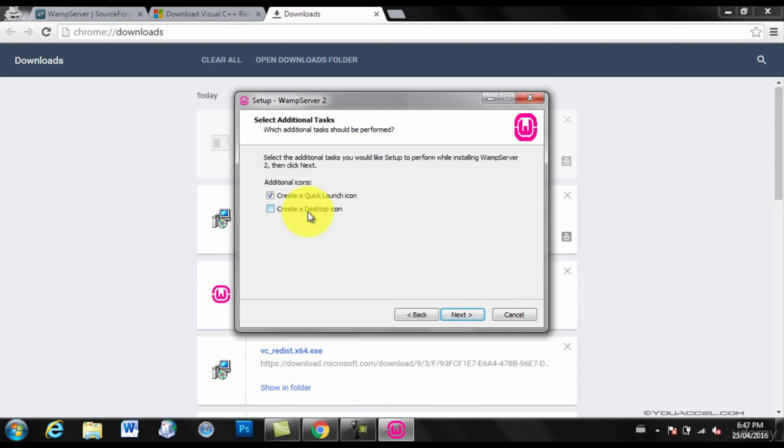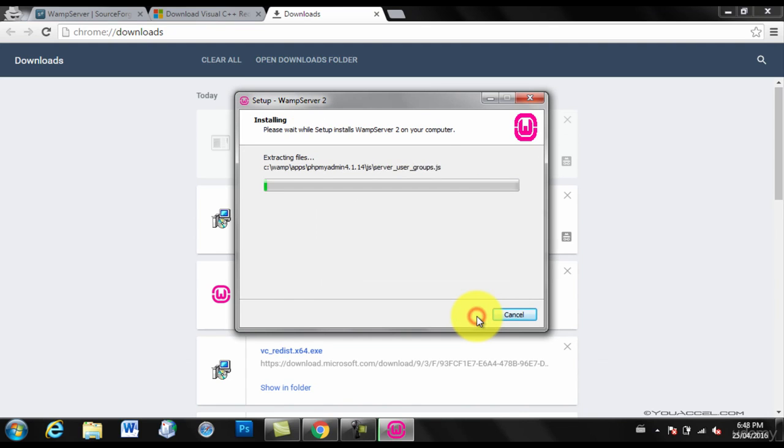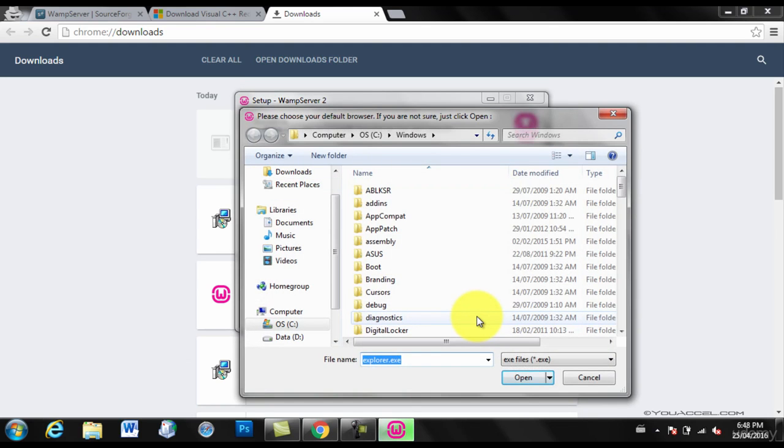You can create the desktop icons and Quick Launch icon. Click Next, and then Install. Now we'll need to choose the default browser associated with WAMP. Since I use Google Chrome,